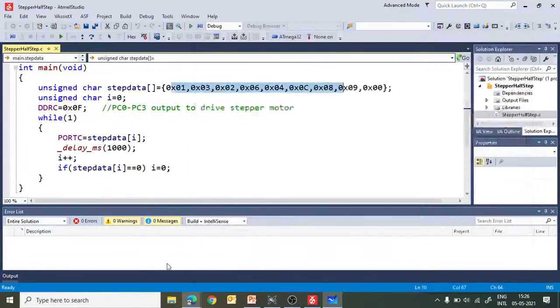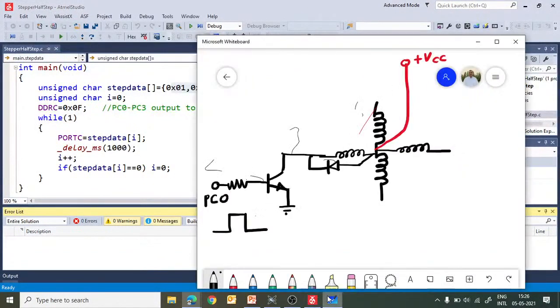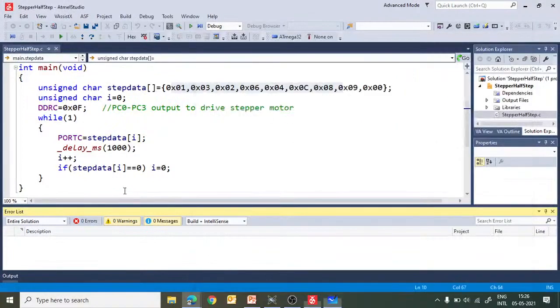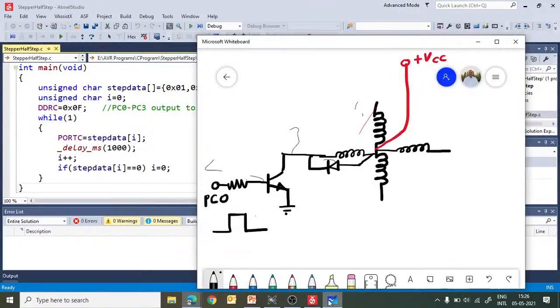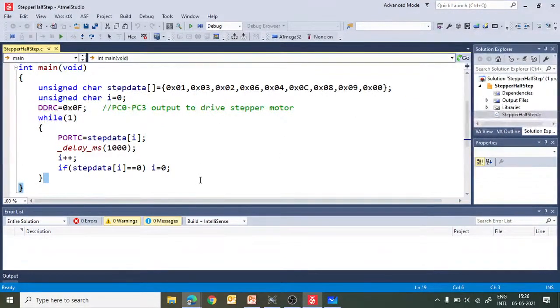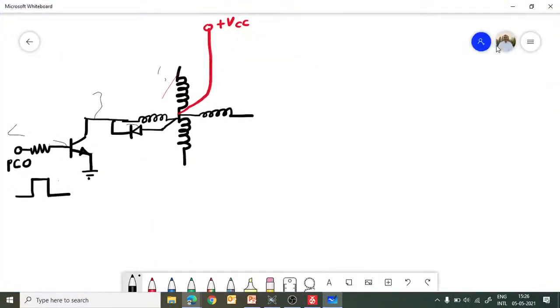This results in a very large EMF across the winding, as per the equation all of you know: E equals L di by dt. Di is the change in current, and the EMF produced depends on how fast you change the current.